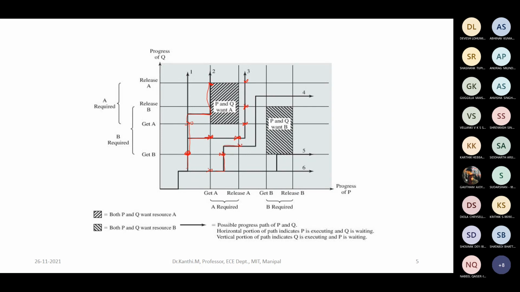At this instant, maybe process P will release A, now A is free, and then Q can acquire A definitely because A is released, and then since B is with Q, it releases B, and now since B is released by Q, P can acquire B, so no issues, then it releases B. So this is also without any blocking.